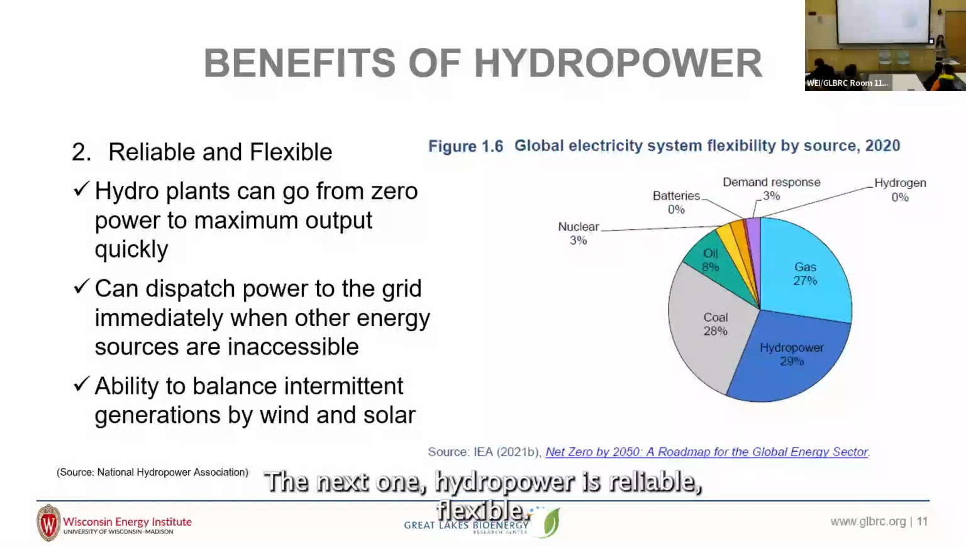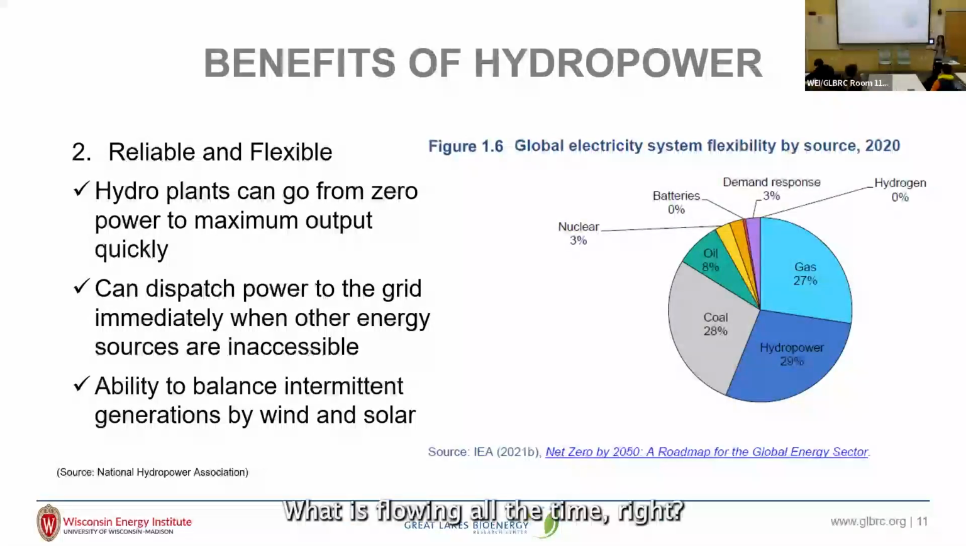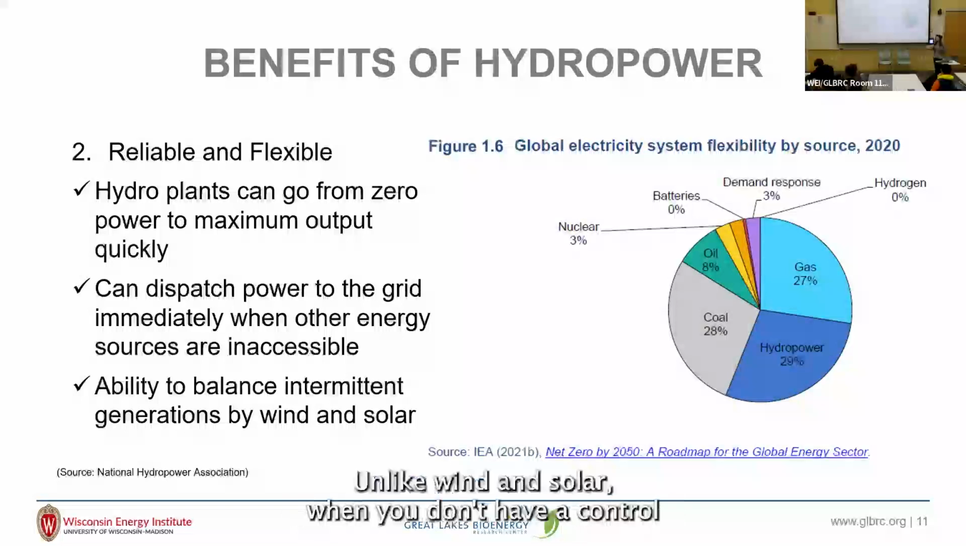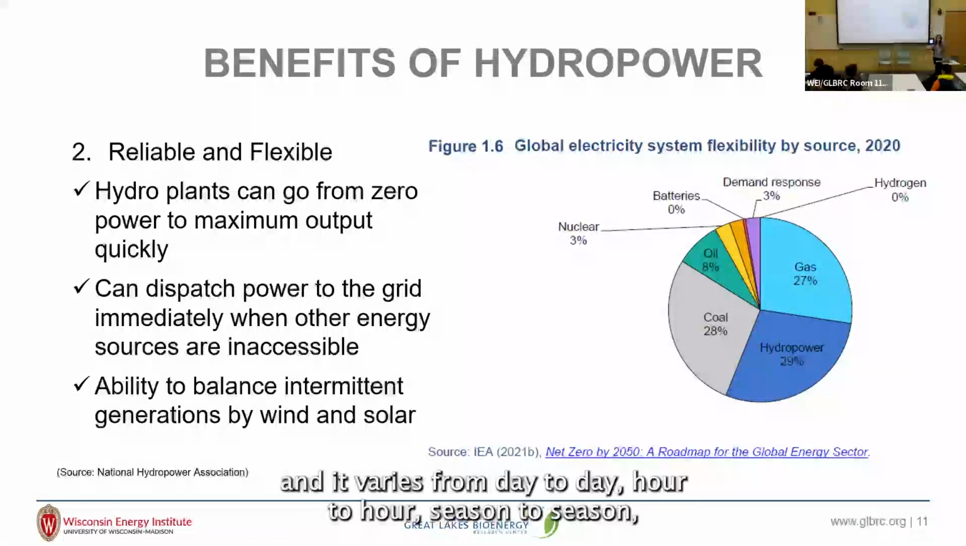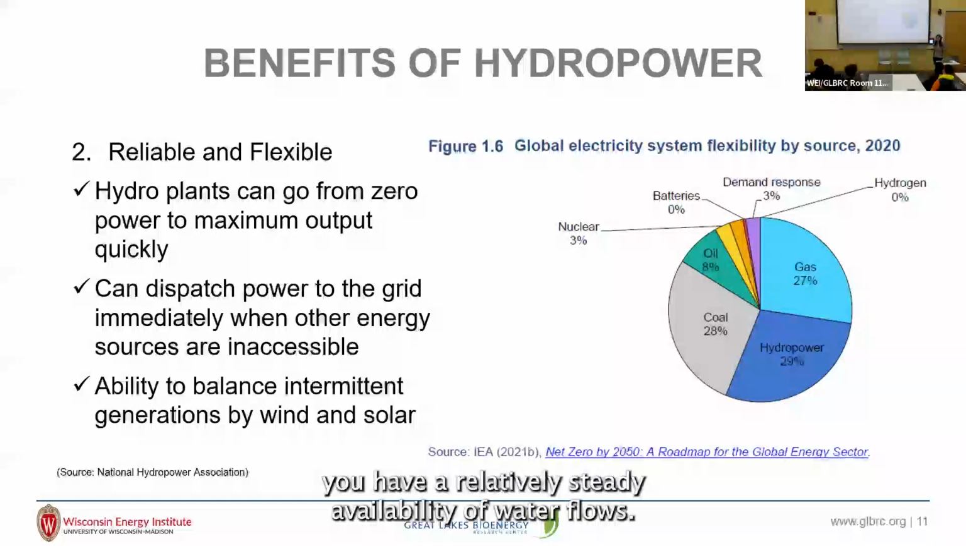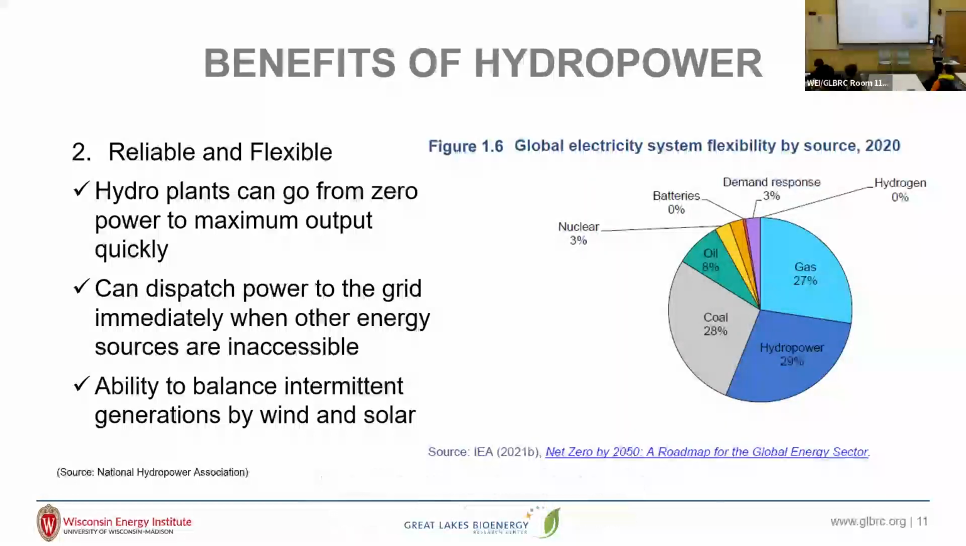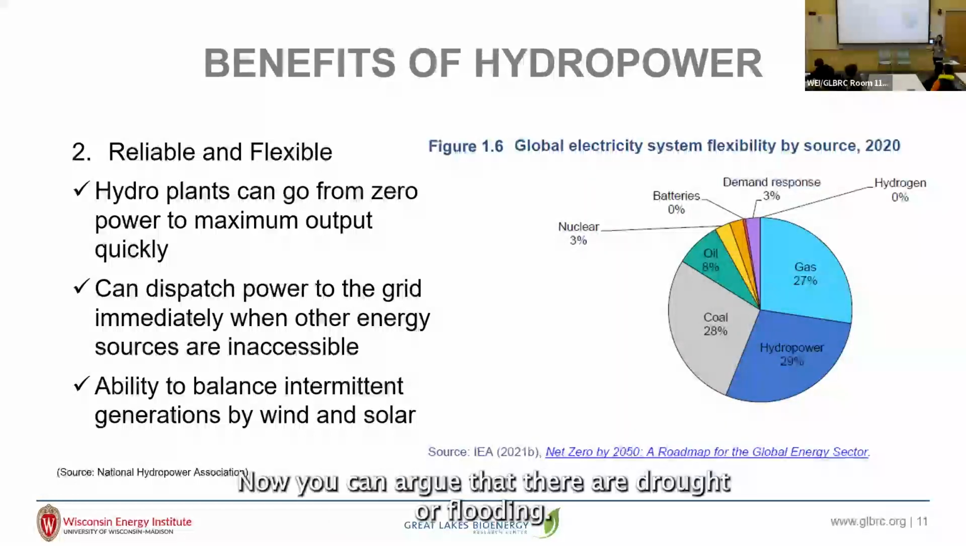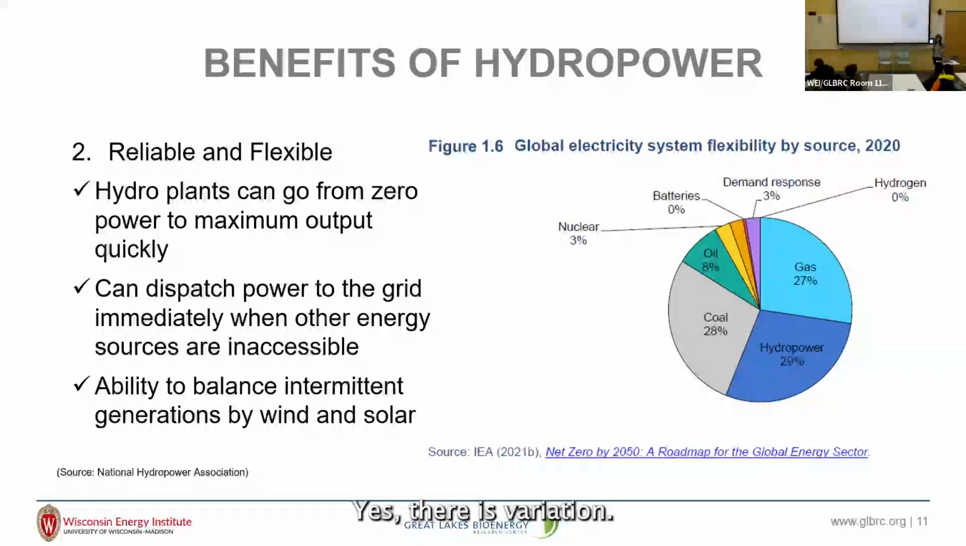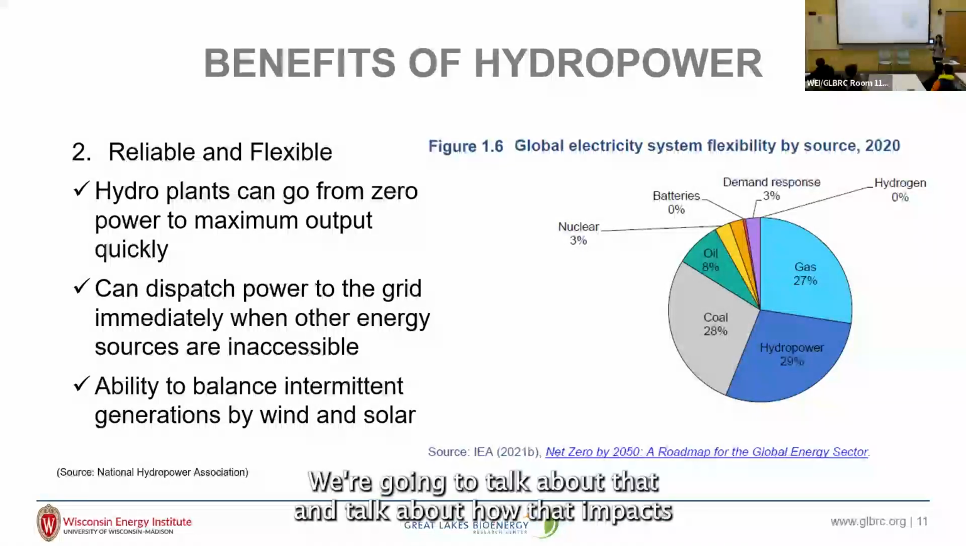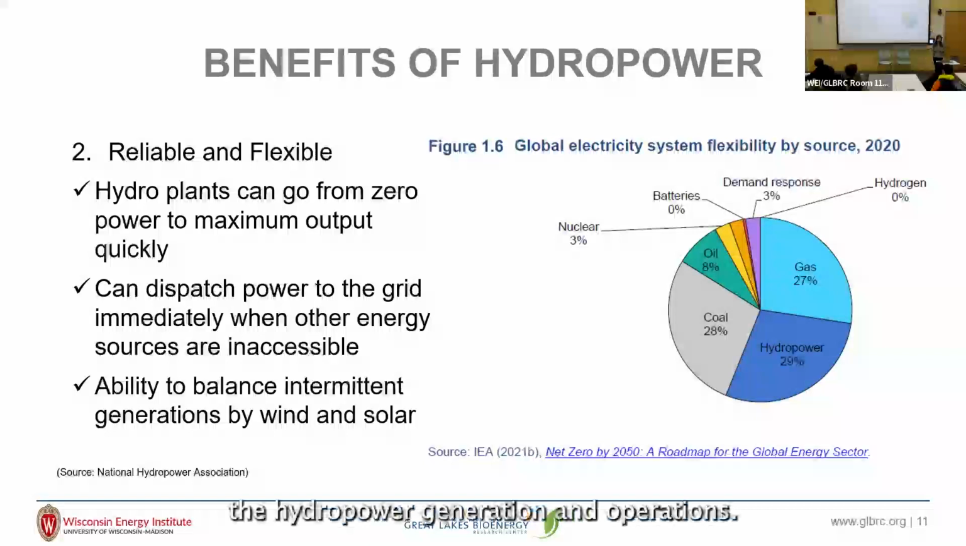Next one, hydropower is reliable and flexible. Water is flowing all the time, right? Unlike wind and solar, where you don't have control and it varies from day to day, hour to hour, season to season, you have a relatively steady availability of water flows. Now, you can argue that there are droughts and there is flooding. Yes, there is variation. We're going to talk about that,